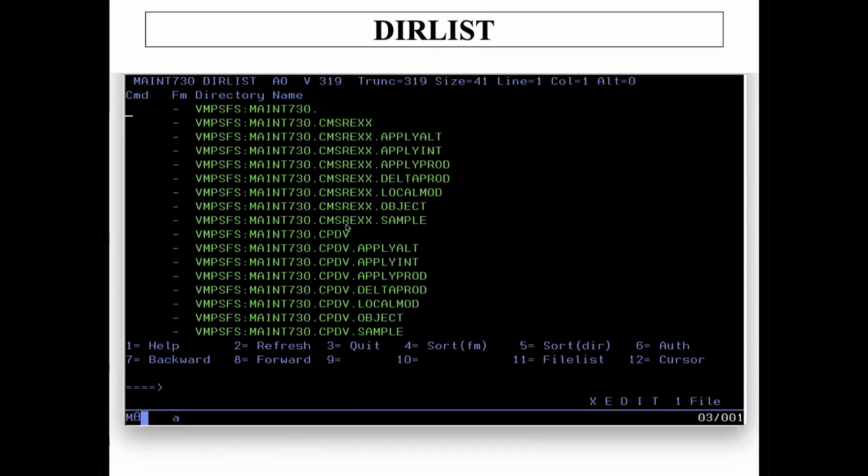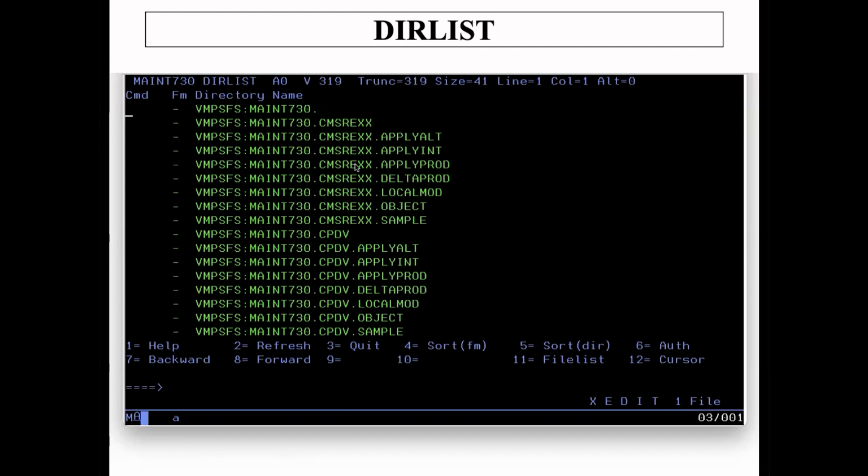This is when you install z/VM and you put all the service in SFS, this is what you'll actually see. So CMS service, CP service, stuff like that. So that's what it looks like. This is called a file space. I'm on MAINT730. These are the subdirectories, one subdirectory, two. I think you can have 8 levels, that kind of stuff. And there are CMS files in every one of these, or can be CMS files in every one of these